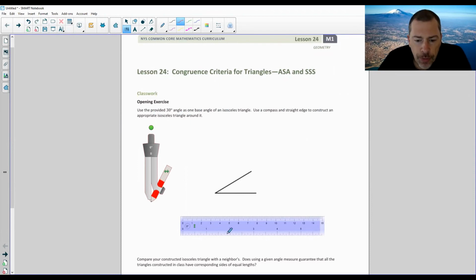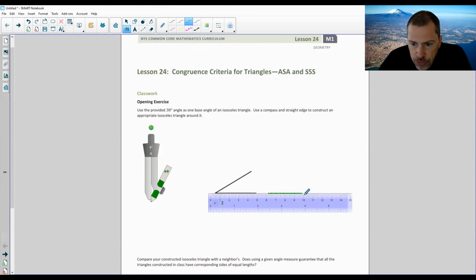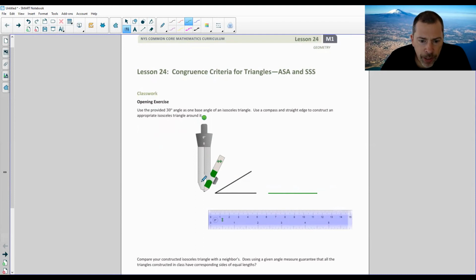Okay, so here's what I'm going to do first. I'm going to take my ruler and put it right there, and I will use a color other than black so we can see my other half. And I'm just going to draw a segment. Length doesn't really matter. So there it is. So I drew a segment. What I'm going to do next is I'm going to put my